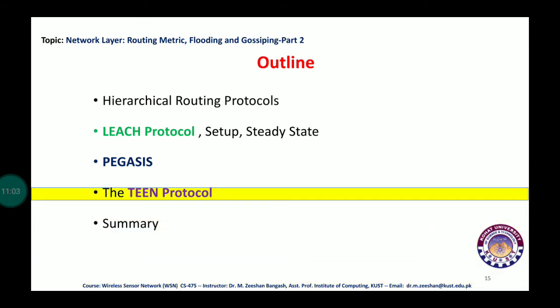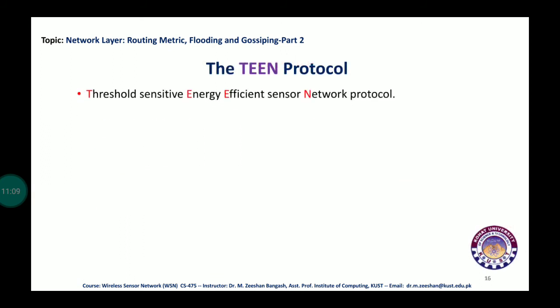And then we have the TEEN protocol. TEEN stands for Threshold Sensitive Energy Efficient Sensor Network Protocol. Now, when we talk about any type of application design for wireless sensor networks, you have also noticed that whether it's a security mechanism, or a routing mechanism, or a data aggregation mechanism, the energy efficiency word is always used,